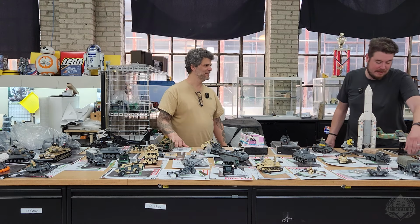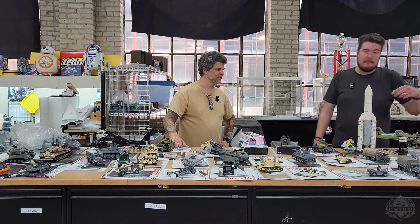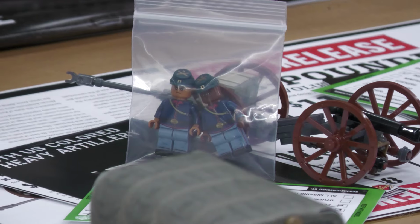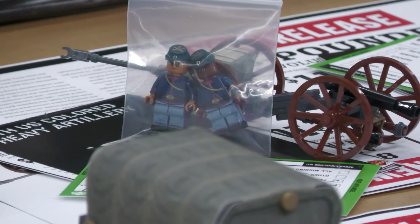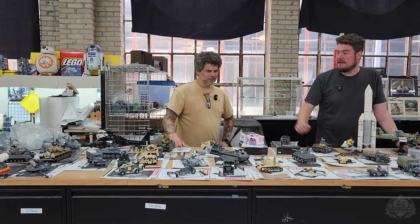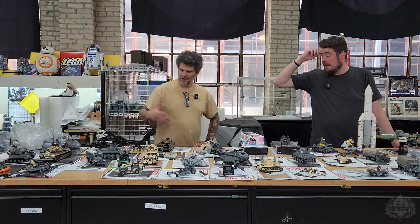This one always comes to mind because I've heard some people, ever since we relaunched some of the Civil War figures, ask if that is ever coming back. Well, it's actually already been in the vault, maybe even twice at this point. So if you're trying to catch up on that collection, set your alarm early for that one because it's probably going to go quick. There's a couple of others here that I've recognized. I think that Centurion has already been in the vault before. This is probably the last